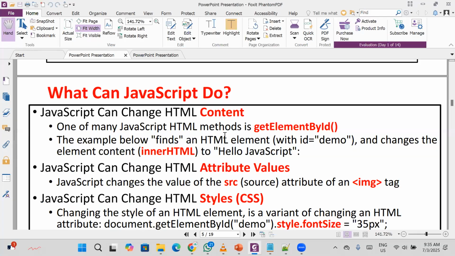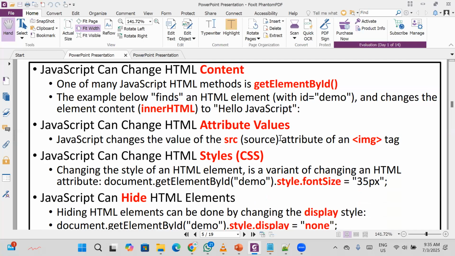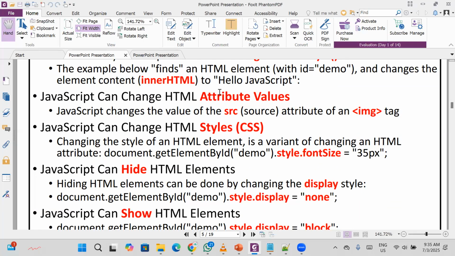And it says to be able to change that, we need one of the methods. We have a method called getElementById. We'll see how this works when it comes to JavaScript. Then JavaScript can also change attributes. If you guys remember most of your HTML tags,